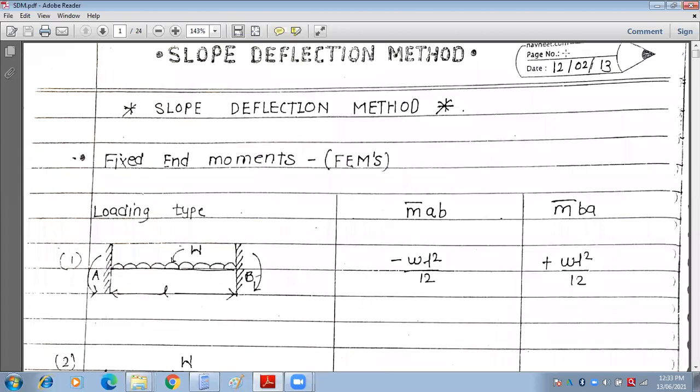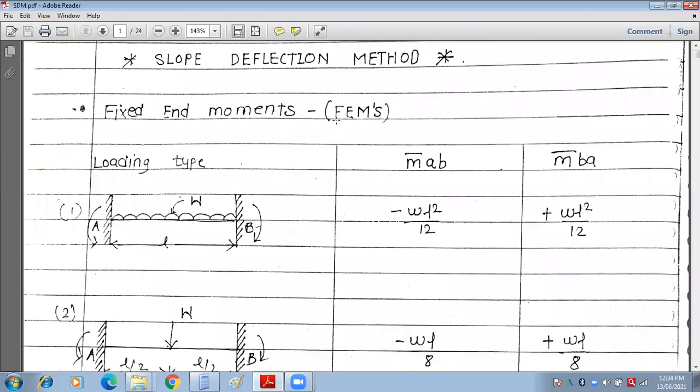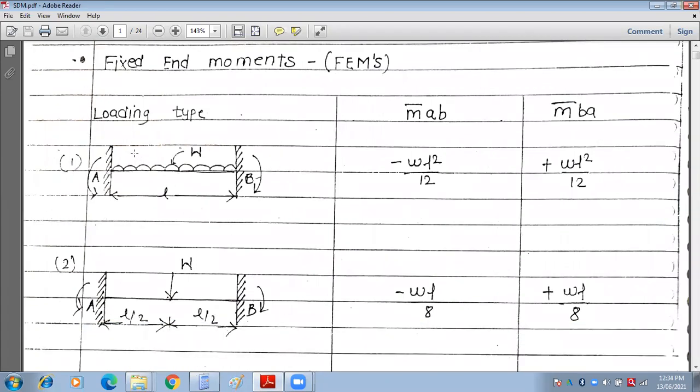Okay, today we are starting with the slope deflection method. In the last lecture, we have seen this basic formula which is required for the slope deflection method. Out of that, for the fixed end moment, there are various conditions, and accordingly formulas are available. Now, if the fixed end beam carries a UDL, the fixed end moment is WL square by 12.